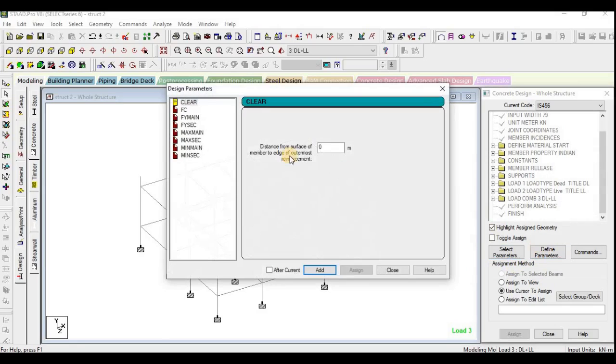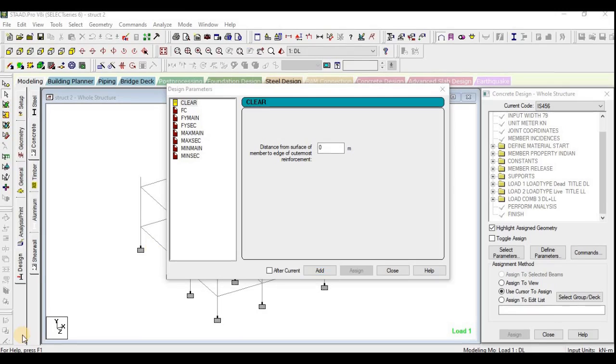Now if you see this define parameter, the 3 values alone will be available. Now we shall enter the values here.